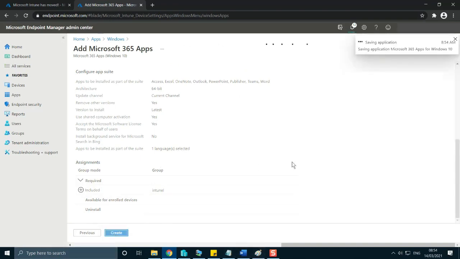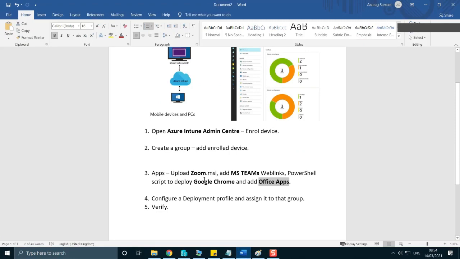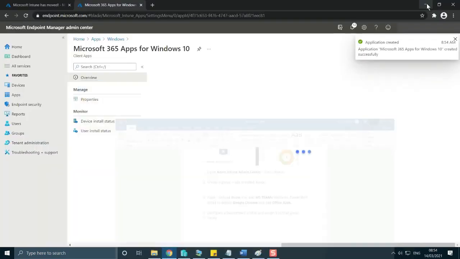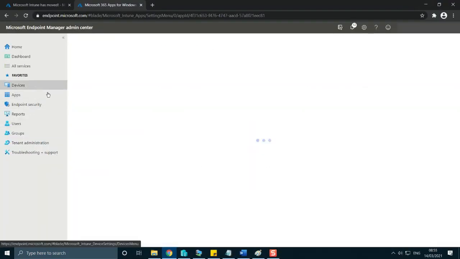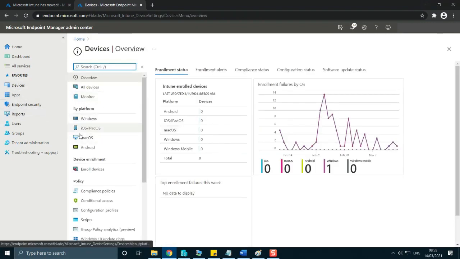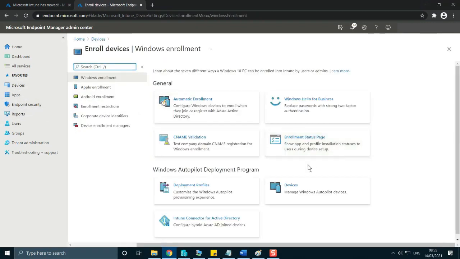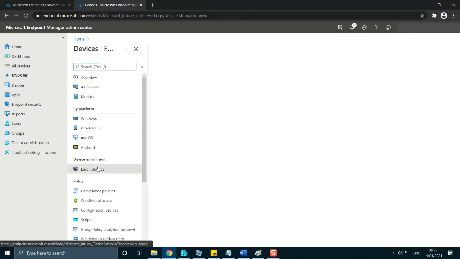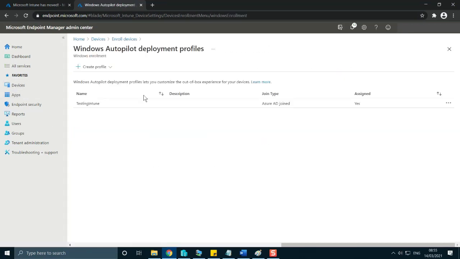Okay, so while this is happening, let's click on our Word file, and finally saying that configure a deployment profile and assign it to that group. So what does this mean is, if you click on devices, and if you click on enroll devices, and again if we go back and see the device that we enrolled, as you can see under this profile status, it says not assigned. That means there is no profile actually existing for this device. Yeah, so we need to click on devices back again, click on enroll devices and click on deployment profile, and in here